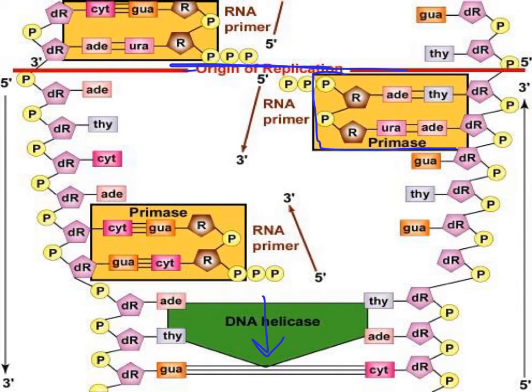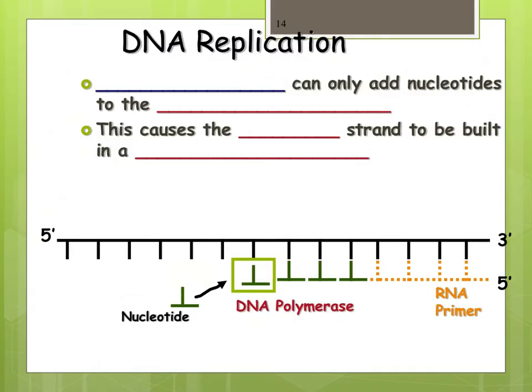So notice down this one strand here, we've got only one primase. In this strand, we've got 1, 2 primases. That's going to end up being our lagging strand, the one that we synthesize discontinuously, meaning not in a row. Why do we have to use the primase anyway? Wait a minute, who's adding our nucleotides? Right, so DNA polymerase. The reason we need those primers is that DNA polymerase can only add nucleotides to the 3' end of the DNA.